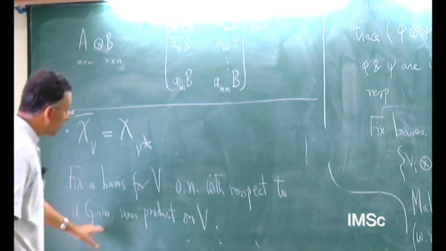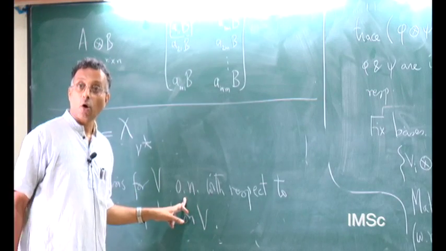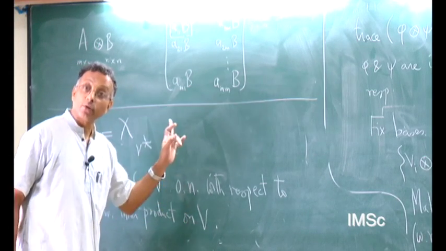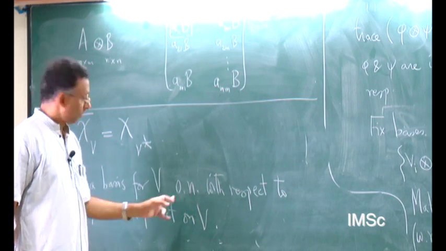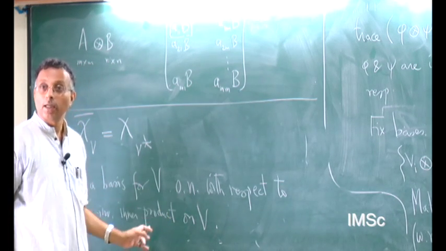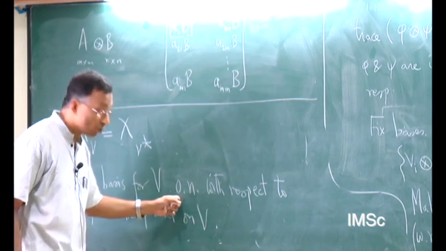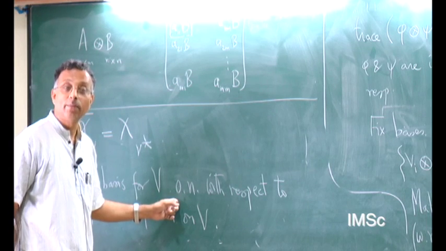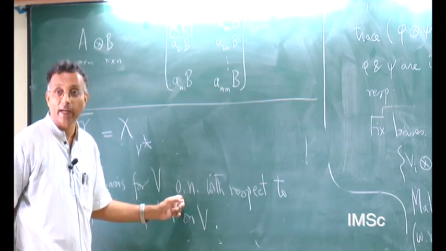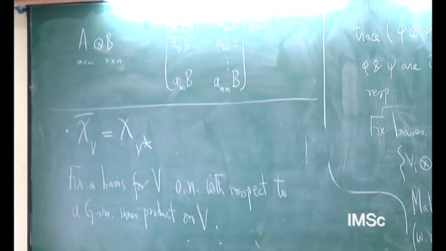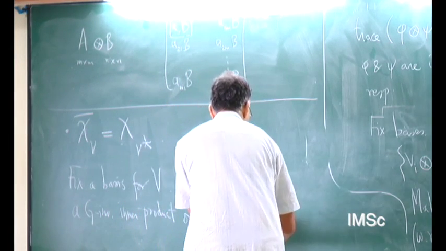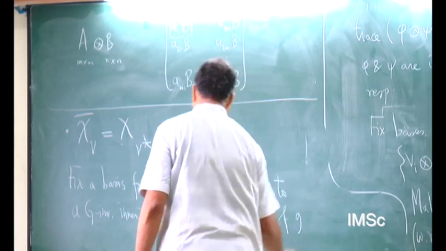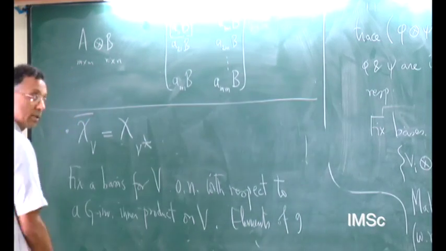Then I choose an orthonormal basis of V with respect to that inner product. Now every element of G, with respect to this basis, if I write out the matrix of the linear transformation, will be unitary. So, elements of G with respect to this basis,